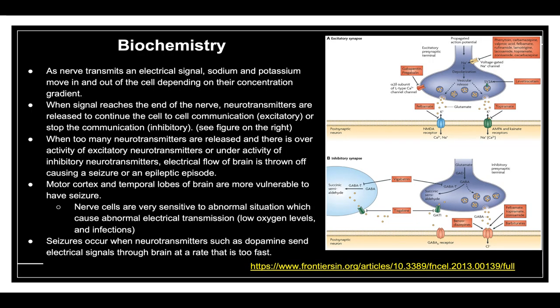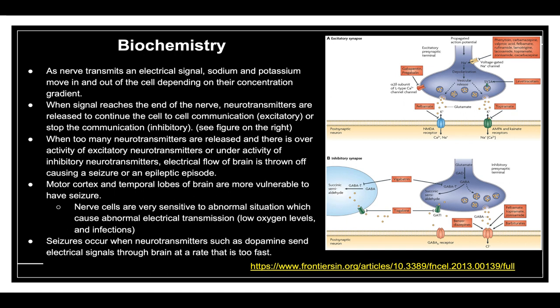So moving on, as a nerve transmits an electrical signal, sodium and potassium move in and out of the cell depending on the concentration gradient. When a signal reaches the end of the nerve, neurotransmitters are released to continue the cell-to-cell communication. While they're continuing, it's called an excitatory system, and stopping the communication would be called inhibitory, since they're stopping. So if we take a look at the figure on the right,